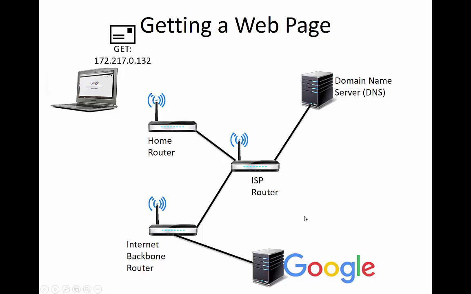And that goes, again, through our home router to the ISP, but this time, instead of going to the domain name server, the ISP says, oh, if you want information about something else, you should go to the internet backbone. Google is over there somewhere, right? So that goes through the internet backbone and then finally gets to Google. Google will process this request and send some data back in the form of the web page that we use to interface with Google. And that gets sent back all the way to our computer as quick as possible, and